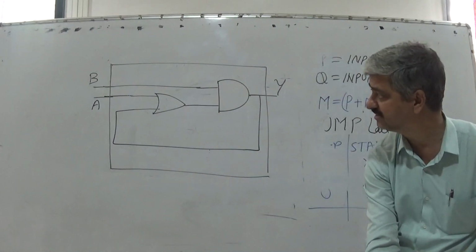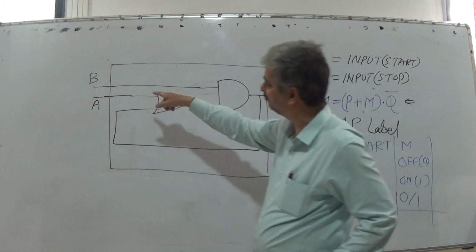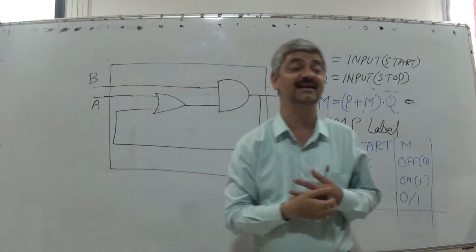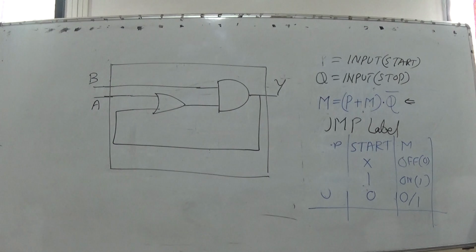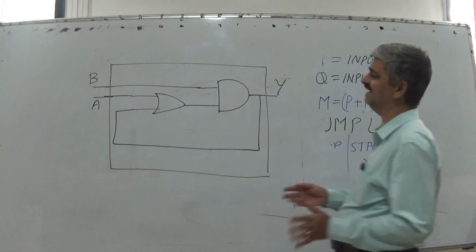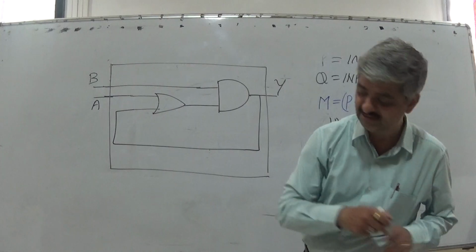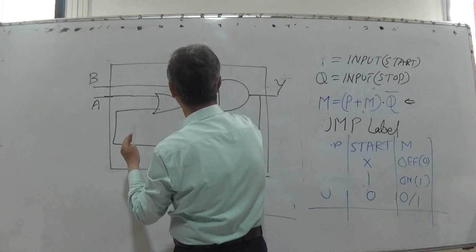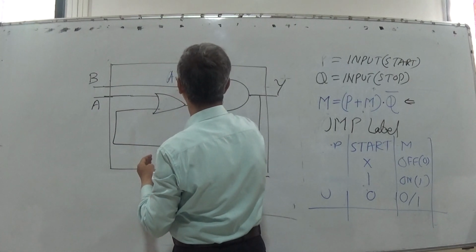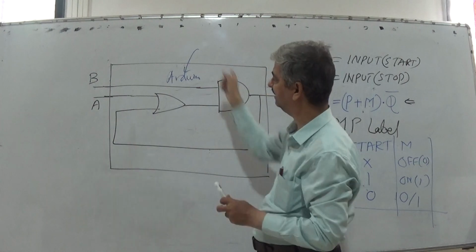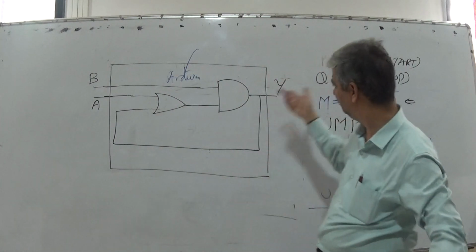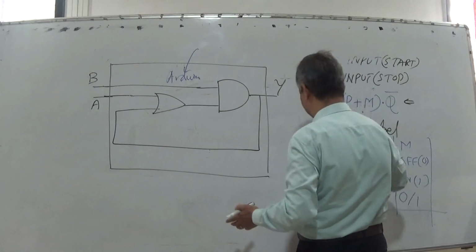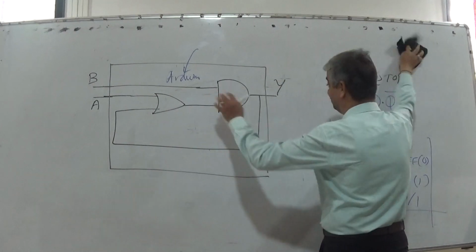In general, A is the start button, and B actually should have an inverter indicating it is exactly reverse, because stop is an NC contact, which means when stop is not activated, it is working. But anyway, what is the logic equation of this? This is a circuit where A and B are inputs, this is the Arduino, and this is the output. So this circuit can be realized by Arduino. Now this start-stop is just an example given to you.